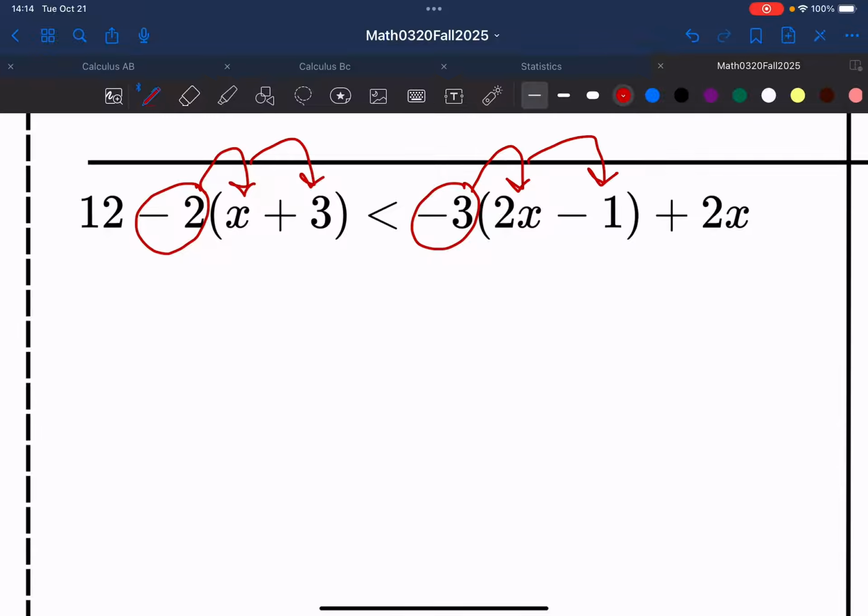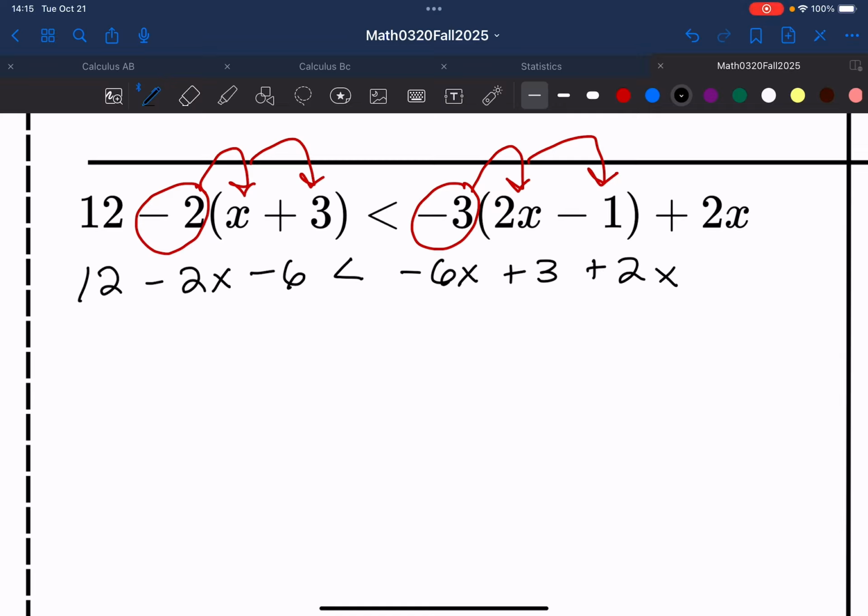All that means is I'm going to multiply inside the parentheses by negative 2 and multiply inside the parentheses by negative 3. So I have 12 minus 2x, because negative 2 times x, minus 6, because negative 2 times 3, is less than negative 6x, because negative 3 times 2x, plus 3, because negative 3 times negative 1, and then